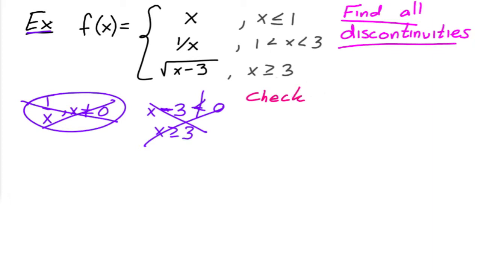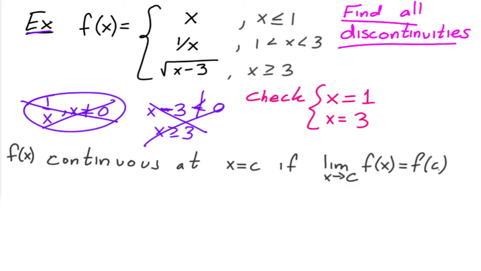Okay, now once we did that, what we're going to do is check the spots where a function starts and ends. So we're going to check x equals 1 because that's when it goes from one function to another. And we're going to check x equals 3 because that's where it goes from the second function to the third function. Okay. So remember the definition of continuity. Our function is continuous at a value c if its limit is equal to the value of the function. So for example, for x equals 1 that we're checking,